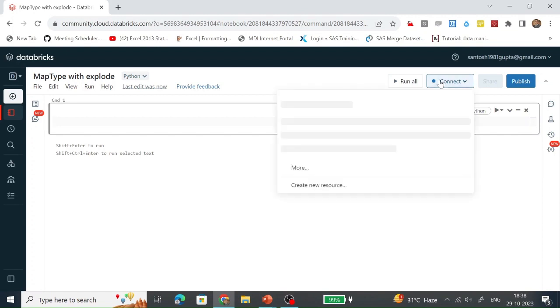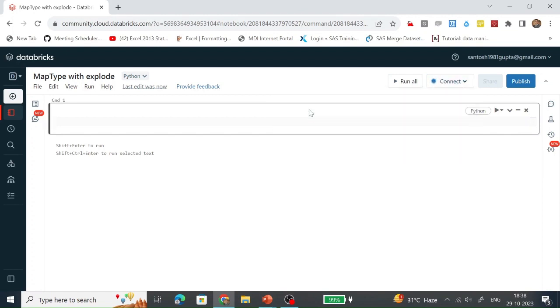Let's connect this notebook with our currently running cluster. This notebook has been connected with our currently running cluster. First, let's import the required libraries.